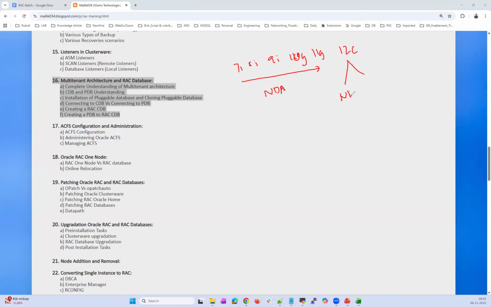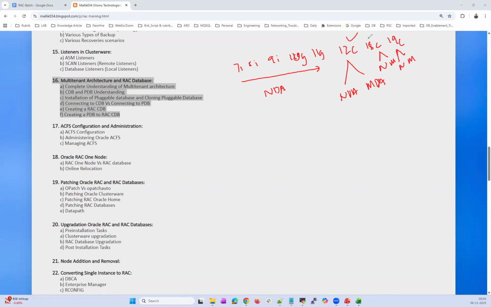Along with the normal database architecture, Oracle introduced the multi-tenant database architecture, which is just like an enhanced version of the normal database architecture. So if you are creating a database in 12C, 18C, or 19C, Oracle gives an option whether you want to create a normal database or a multi-tenant database.